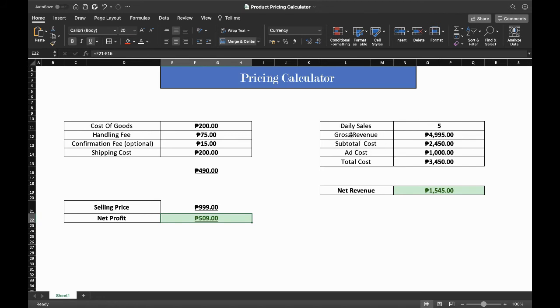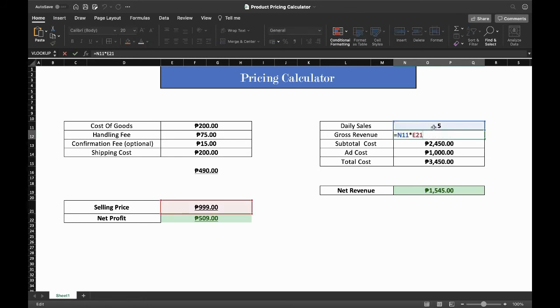So the thing that I told you about a little while earlier is that you haven't yet accounted for your ad cost. You've accounted for your cost of goods, handling, and obviously shipping and confirmation, if you decide to do so, but there's still a cost of how much you're spending daily to advertise. So let's say, for example, that you generated 5 sales in 1 day of running ads. So at that point, your gross revenue is